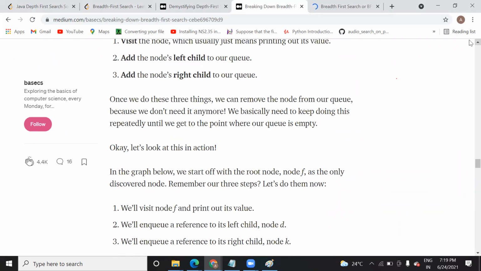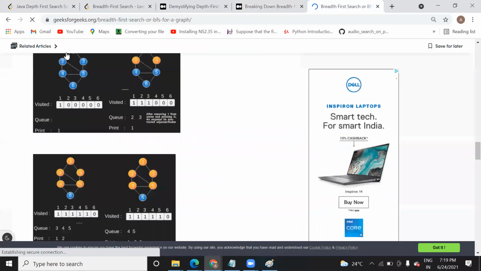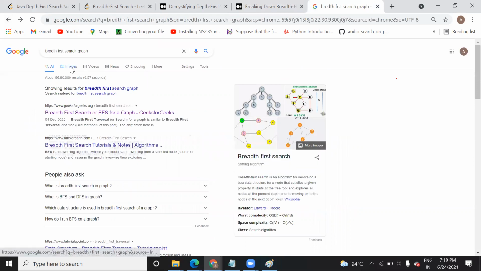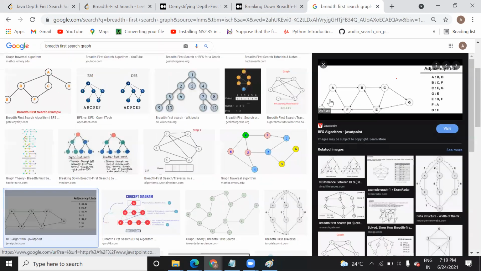So you can see the steps are written here, and let me show you the graph also. Now you can see this graph, right?